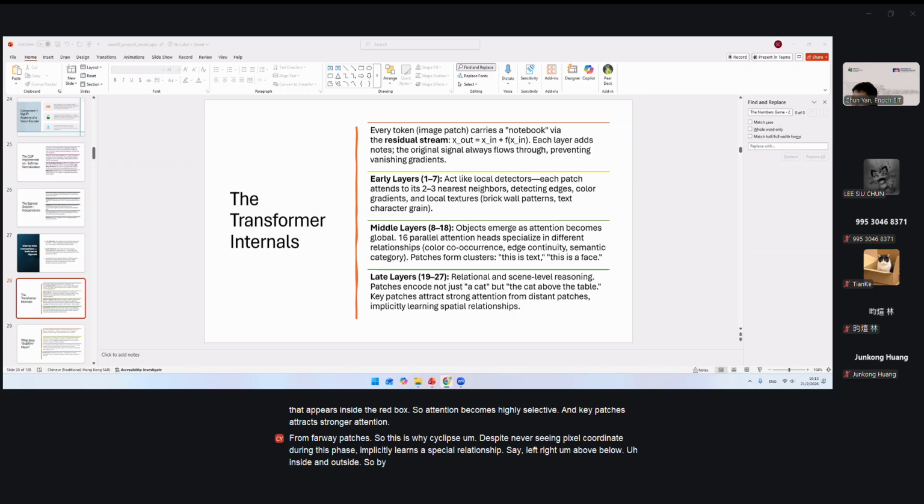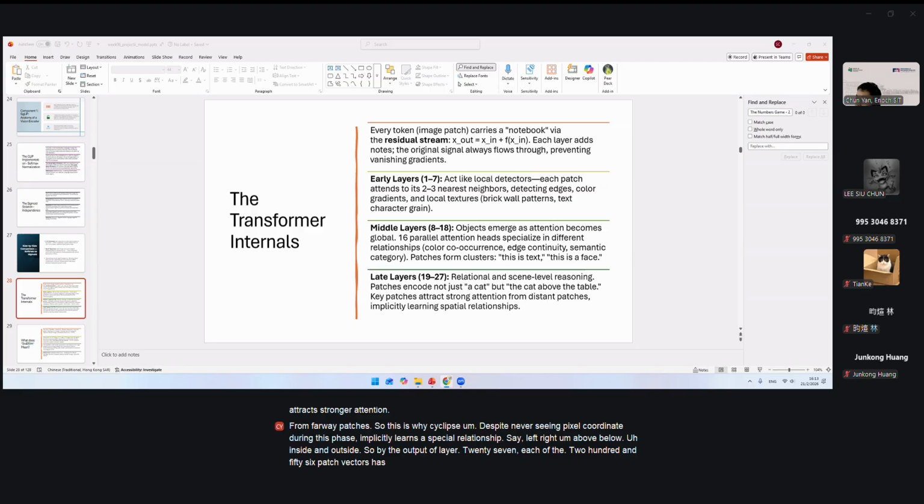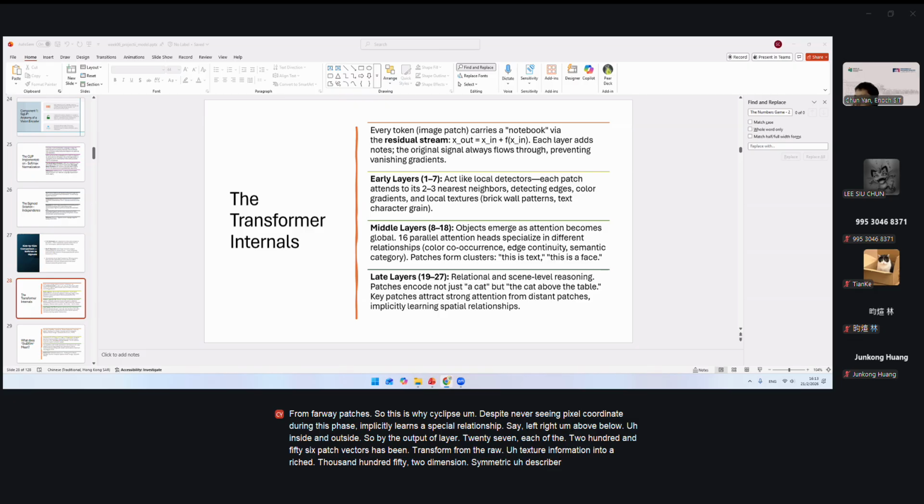So by the output of layer 27, each of the 256 patch vectors has been transformed from raw texture information into a rich 1152-dimension semantic descriptor that encodes local texture, local identity, and scene level context. Okay, so